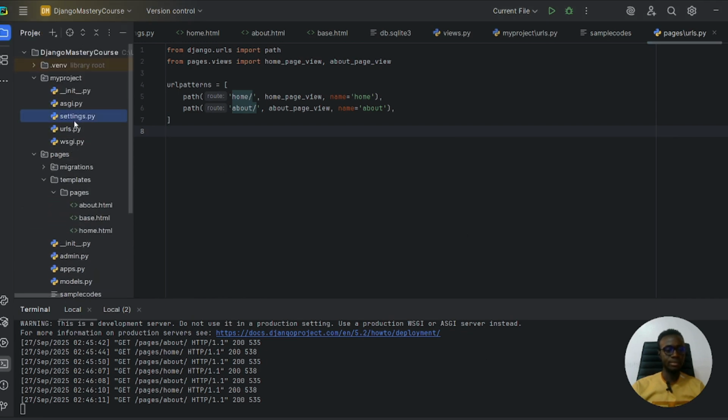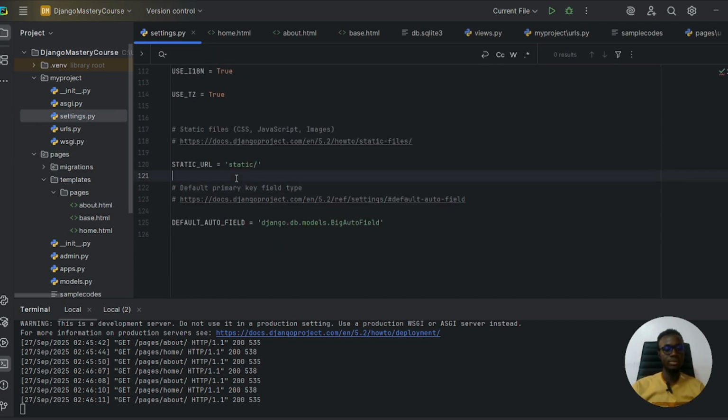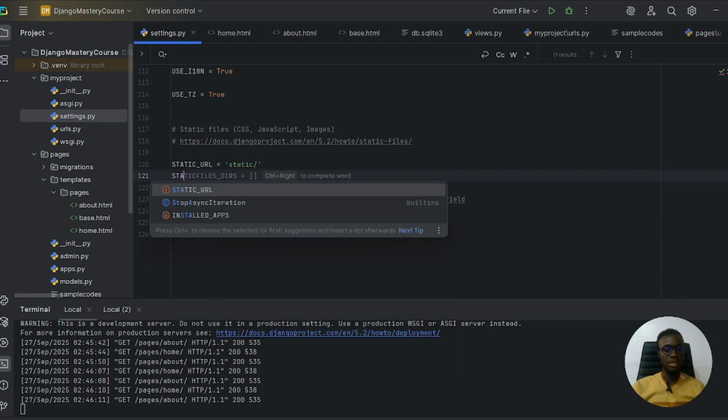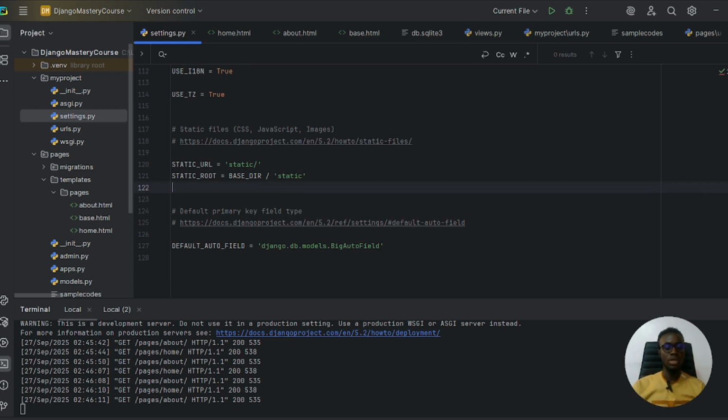First, in your settings, you would want to set a static URL, which we have here as static files. Then you want to set your static root to this static files. So this static URL and static files, they tell Django how to